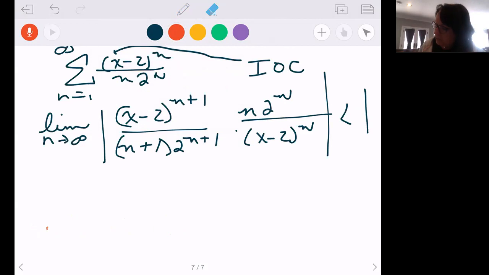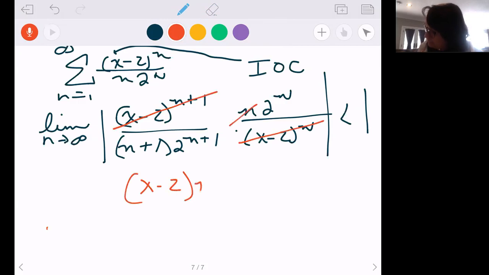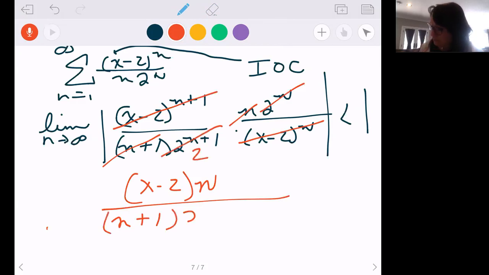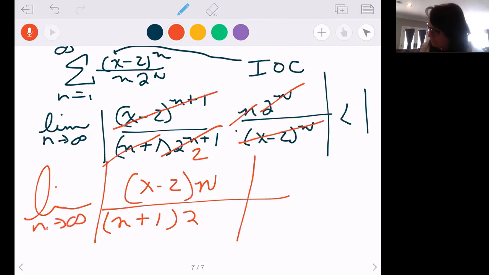So let's go to this guy and clean it up. I'd have 1 x minus 2 left on the top. I'd have the n left on the top. I'd have the n plus 1 left on the bottom. The 2 to the n would cancel with this 2 to the n, also leaving a 2 on the bottom. So I'd be taking the limit as n approaches infinity of the absolute value of my reduced ratio, and that,